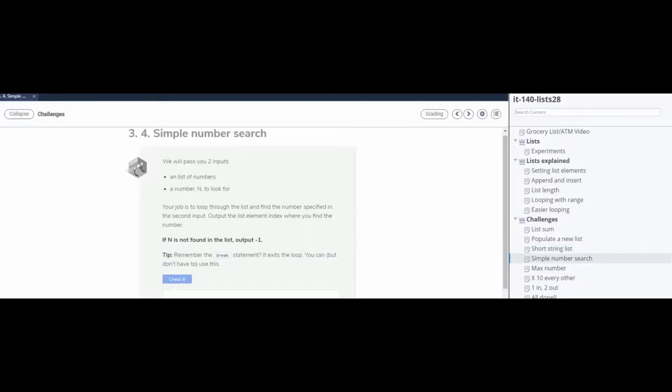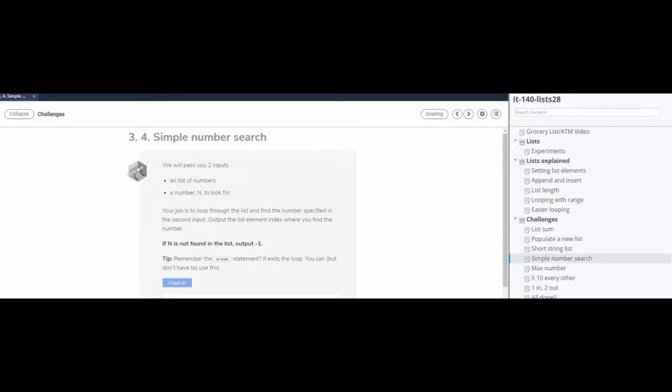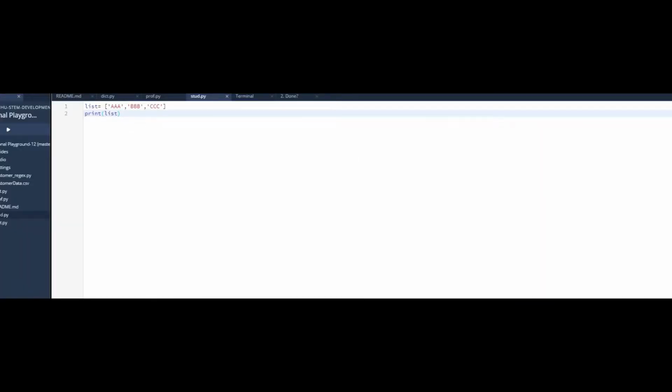Now let's go to 3.4. What they're asking us to do is loop through and find a certain number that they give us. So they're giving us 2 inputs. One is a list of numbers, and the other is an actual number to look for. They're saying if n is not found in the list, then we're going to output -1. All right, so what we need to do is get rid of this,